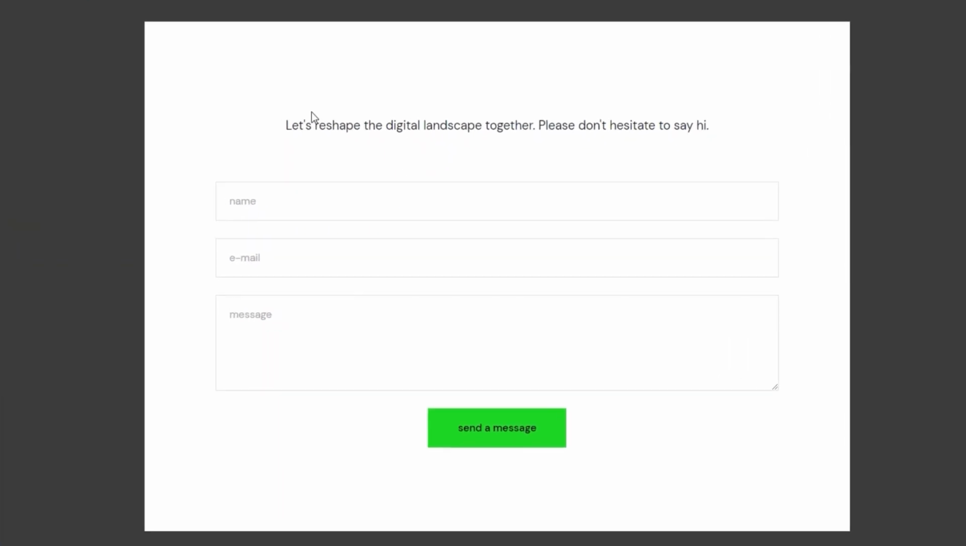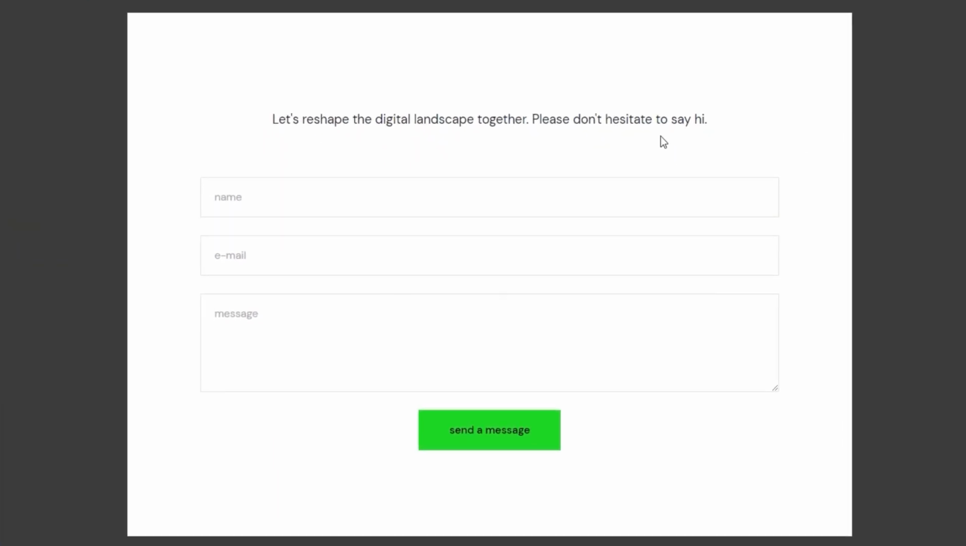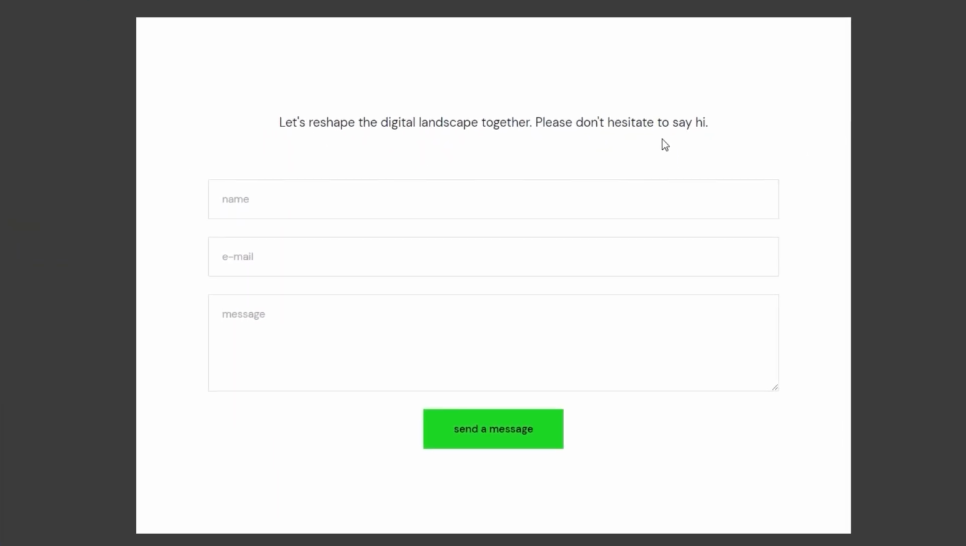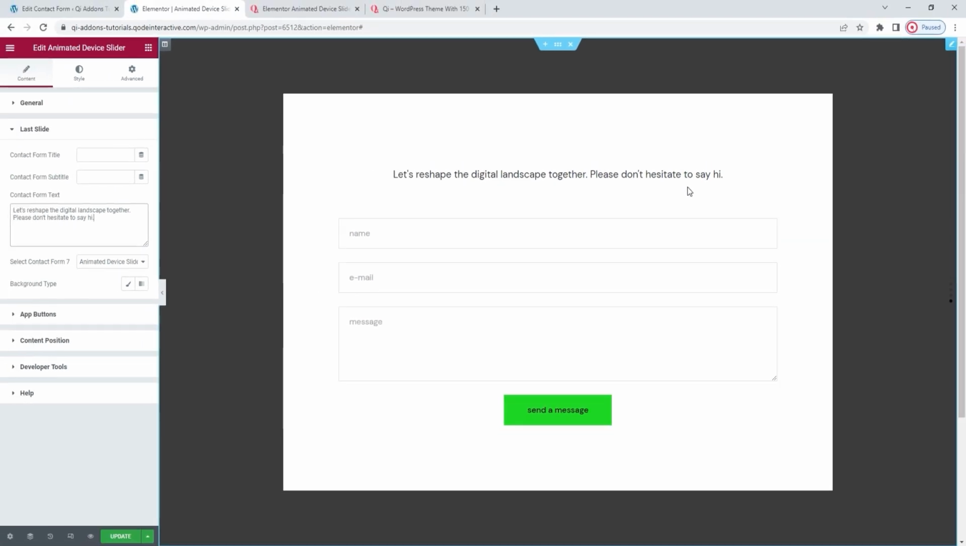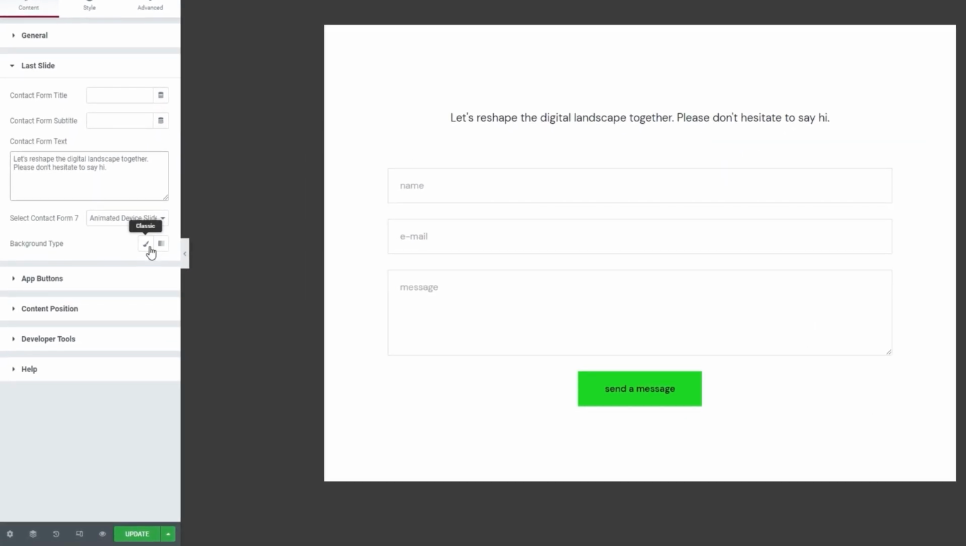And here's the new text. If I had kept the subtitle and title, it will be placed right under them. We have one more option in this section. It's the background type. Just like we've seen earlier in the general settings, the background type can be classic, meaning